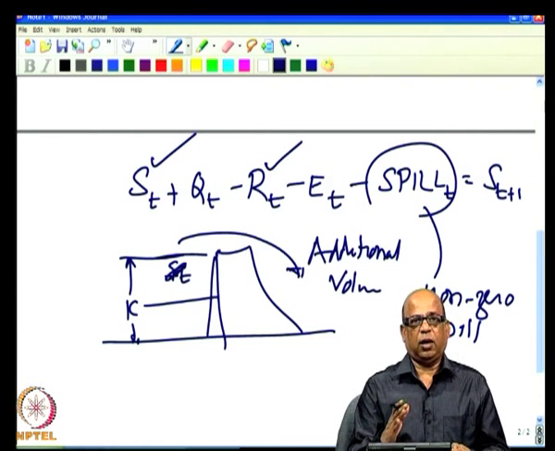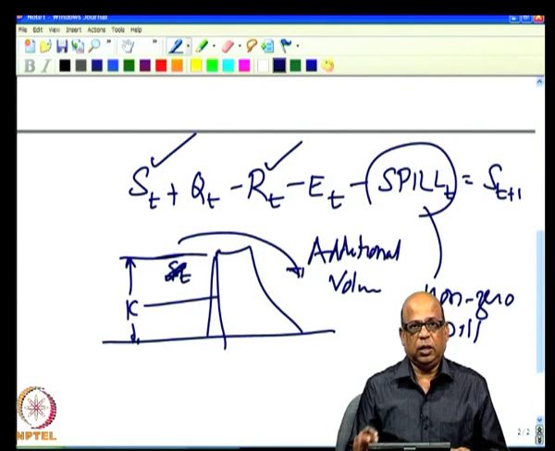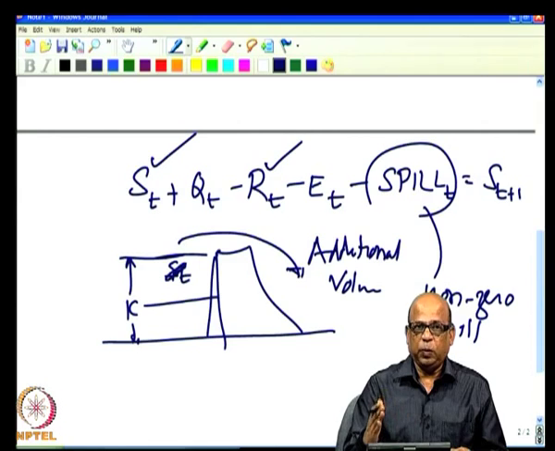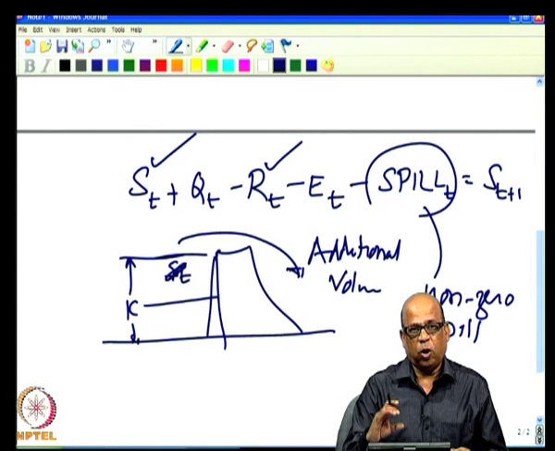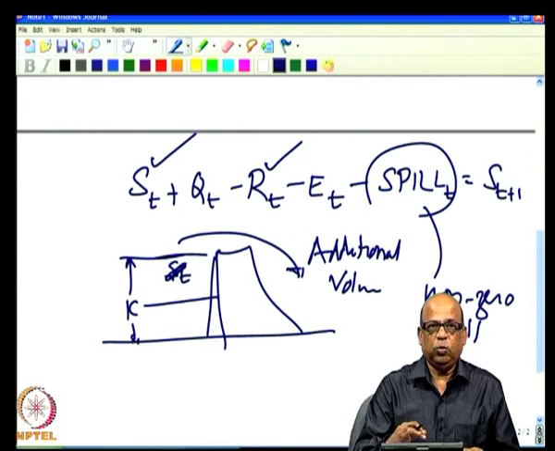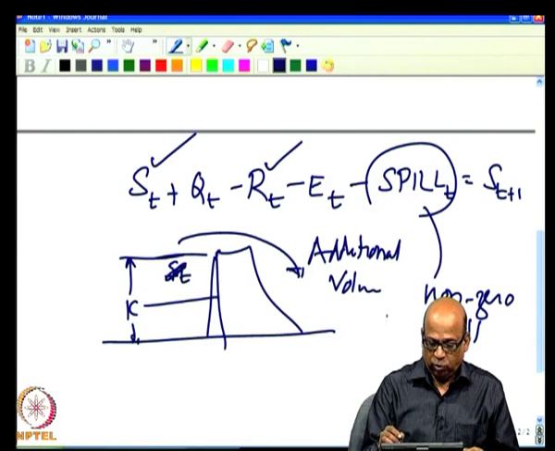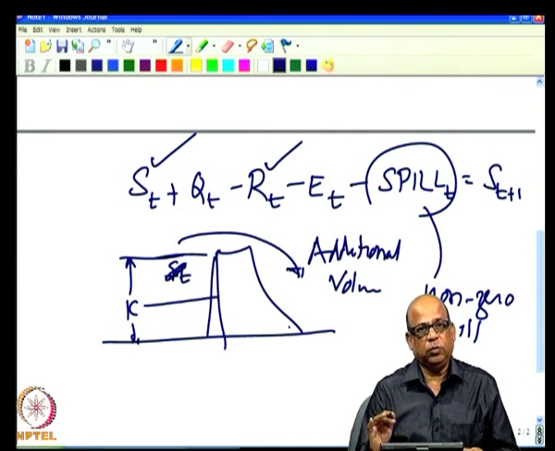In the last lecture, I introduced one penalty function in the objective function, so that the spills whenever they are occurring will be penalized. So, that was one way of doing it. We were talking about minimization of storage in that case. So, let us see what we do in the maximization of R, that means in the storage yield function, how do we account for the spill. So, this is a problem.